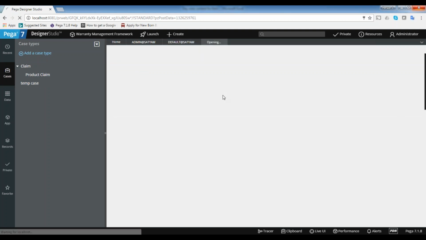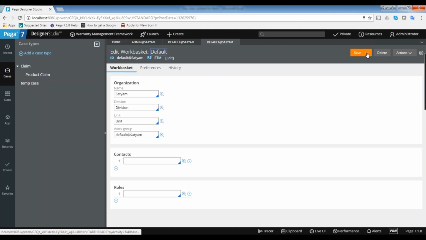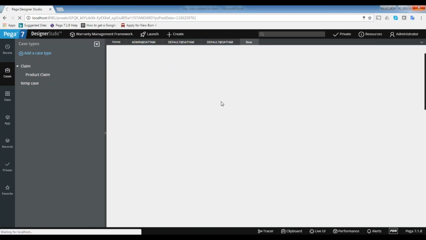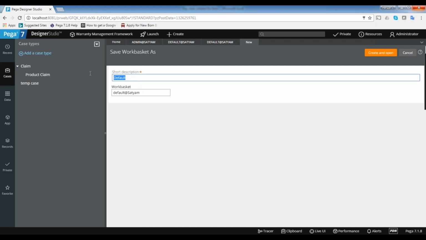Now let me create one work basket. I'm saving this one, and I rename it processor work basket.